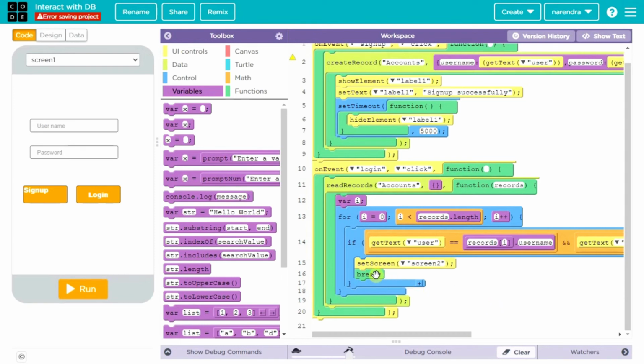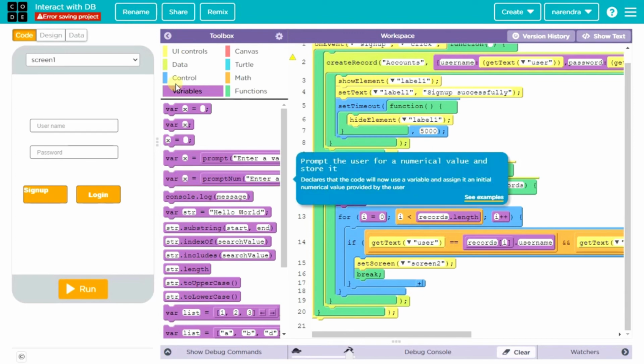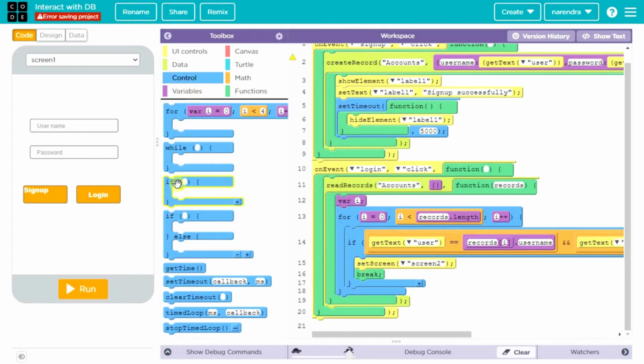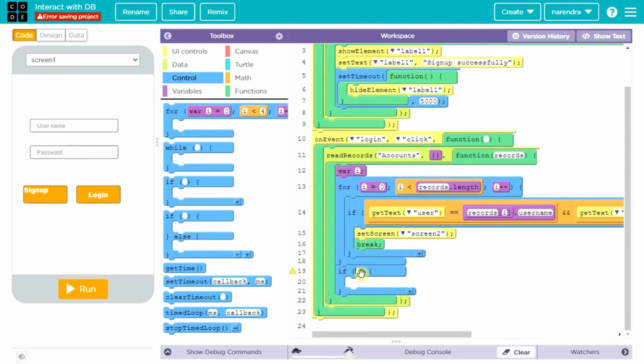If there is no match, it will go through the whole table, and the i value will start from 0 and go all the way to the length of the table. That means if the i value is equal to records.length, write a condition. This is for invalid login. If there is any match in between the search, the i value will not be records.length.